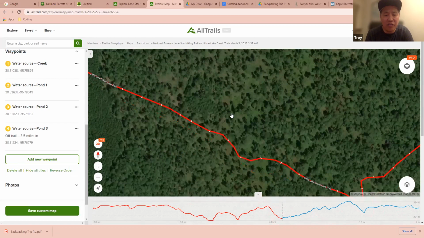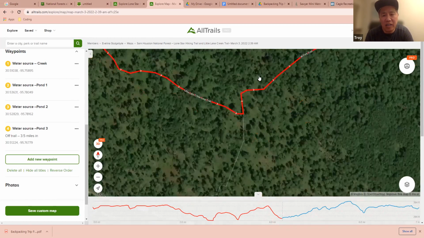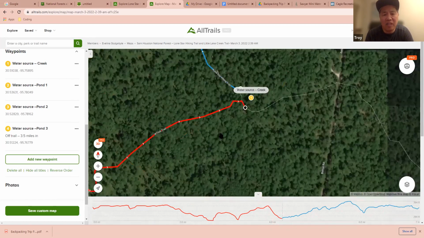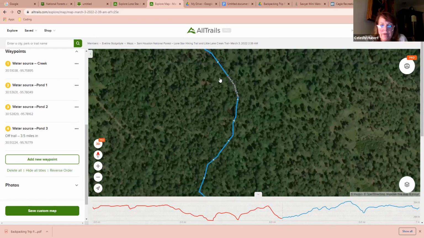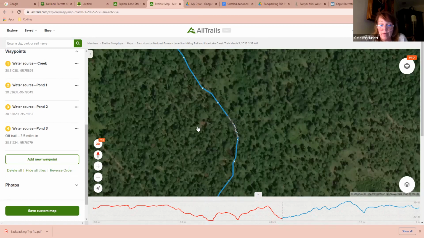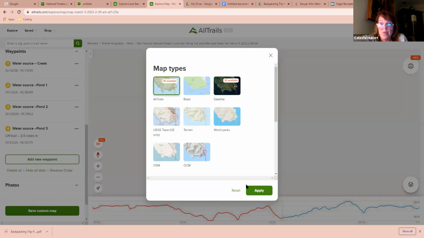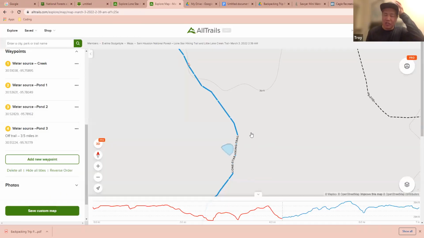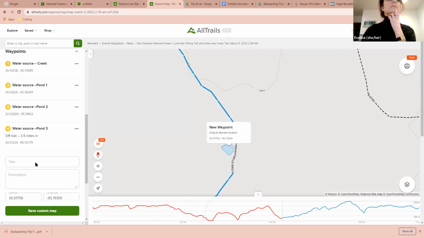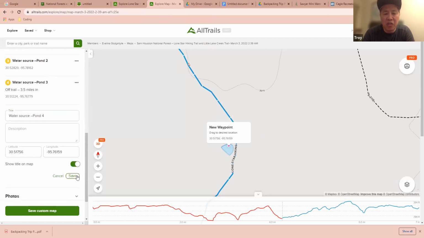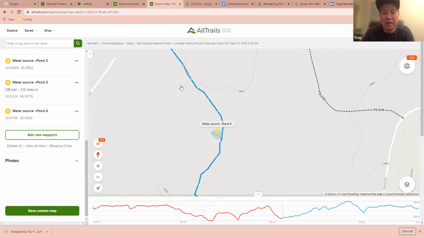Sometimes you have to hike off trail to find water. You try not to do it as often as you can, but if you need to, it's good to know that you have that option. To reiterate, you want to do all this before you leave your living room. You do not want to be thirsty trying to navigate your way through this forest. It depends on how much information you feel comfortable with. If it was a totally unknown area that I was hiking in, I would try to map out all those water sources.